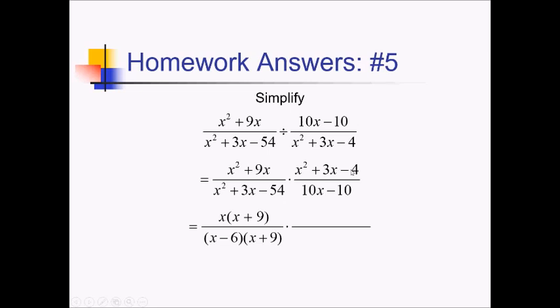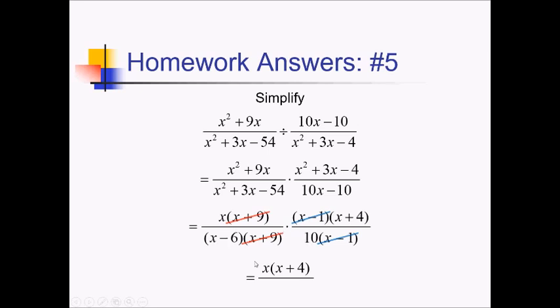Moving over to the upper right, factors of negative 4 that add up to 3. Not a lot of options here. We have 1 and 4, that's going to work if I have negative 1 and positive 4, so x minus 1, x plus 4 for that. And then in the lower right, this one's not so bad. I just take a 10 out of that. That leaves me with an x minus 1. So it looks like I can cancel out these x plus 9s for sure, and also these x minus 1s. And I don't think there's anything else. So we have an x, parentheses x plus 4 in the numerator, and in the denominator, I have a 10